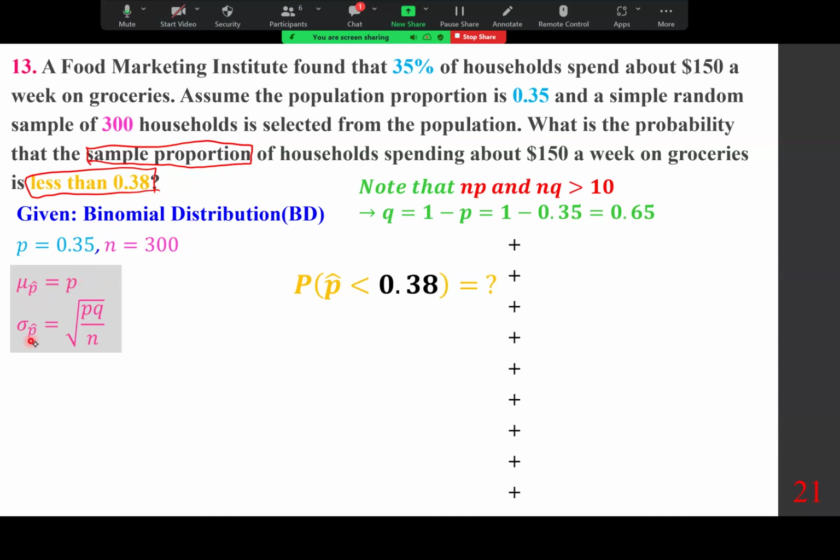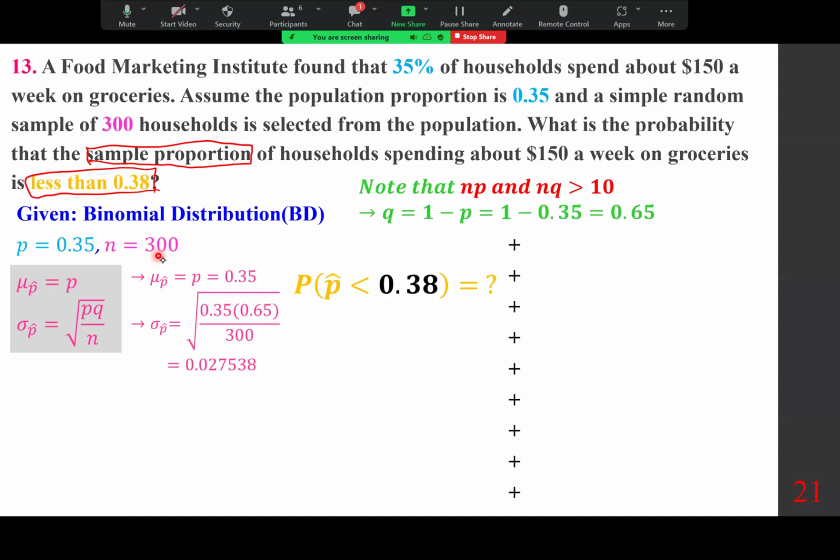You can look up the formulas that I have posted. So mu of p hat is p, which makes it 0.35, and sigma of p hat is the square root of 0.35 times 0.65 divided by 300. And that results in the following number. I put, of course, a lot of decimals. And now,